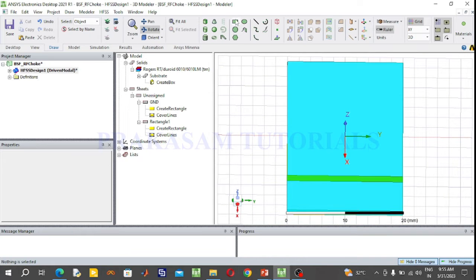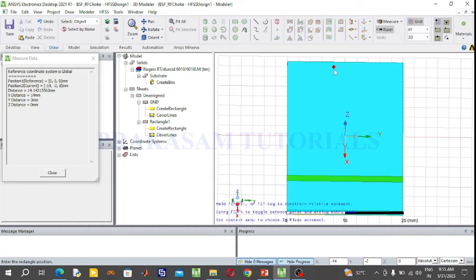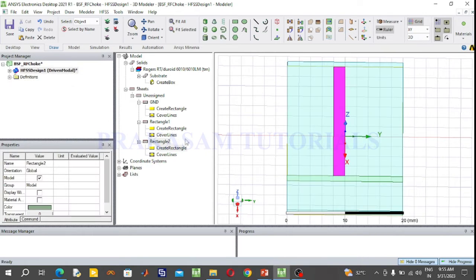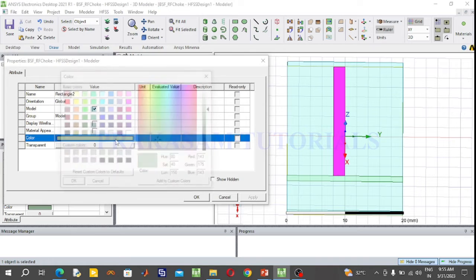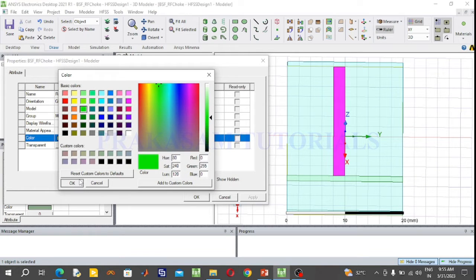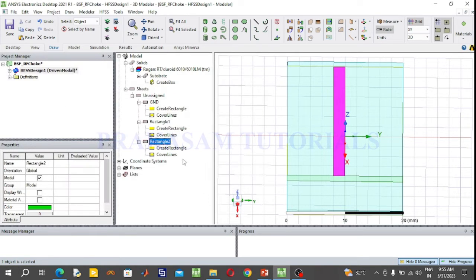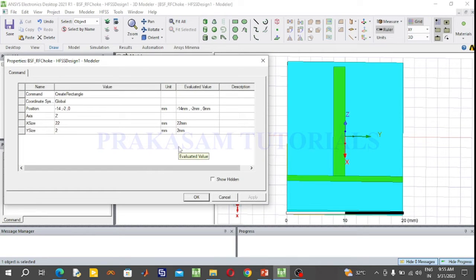So now select the rectangular sheet. So draw the rectangular sheet anywhere in the plane. So change the dimensions of this sheet. Axis is the Z axis and this length is 23 mm and Y size and width of this sheet is 0.3